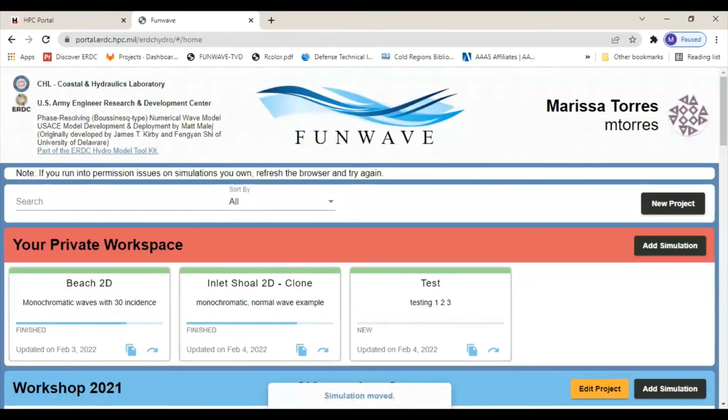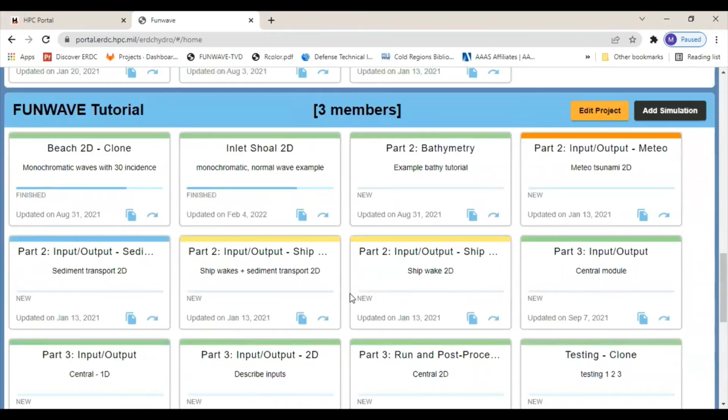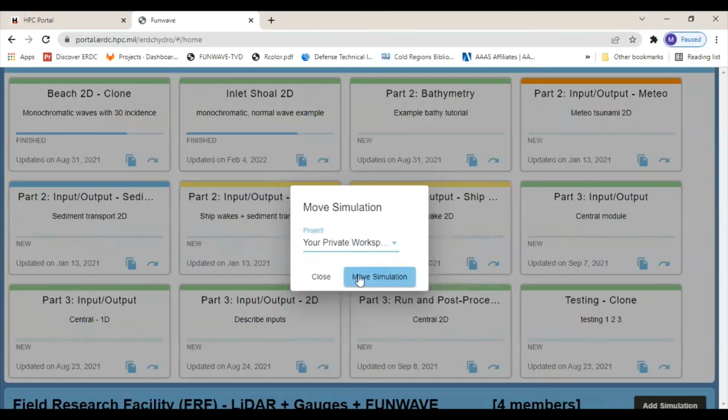You see here, we have a notification saying that the simulation was moved. And if we scroll down to the FUNWAVE tutorial, we see that this simulation was added here. It'll tell you the date of the last modification of that simulation. We'll just move that back